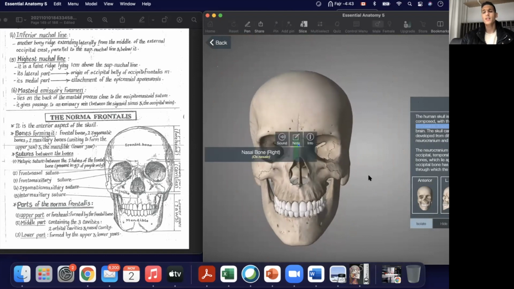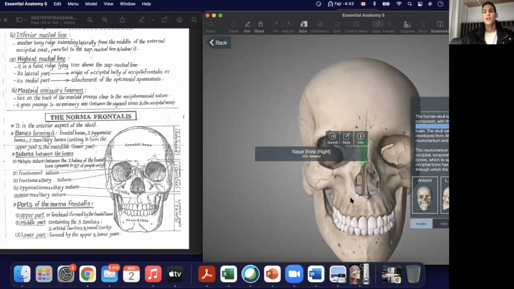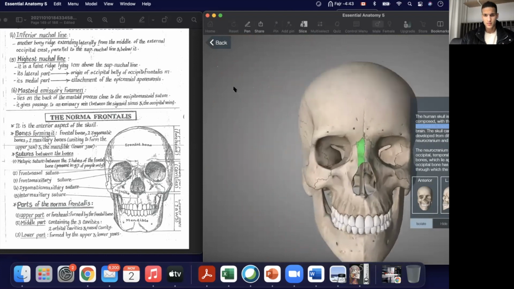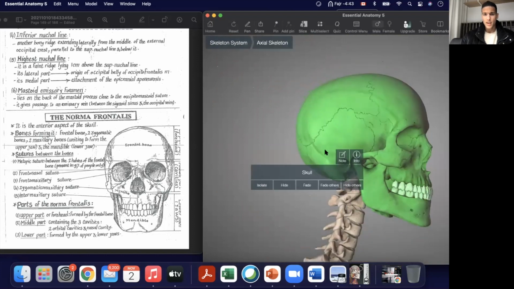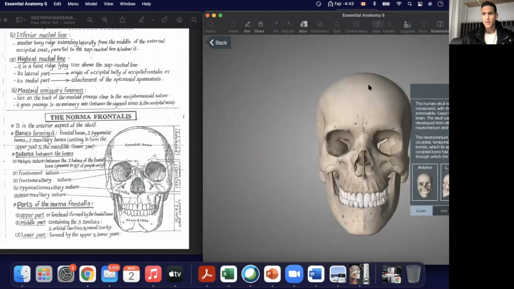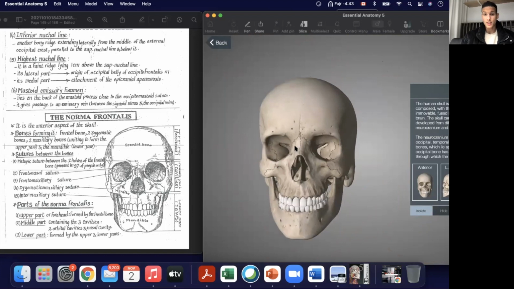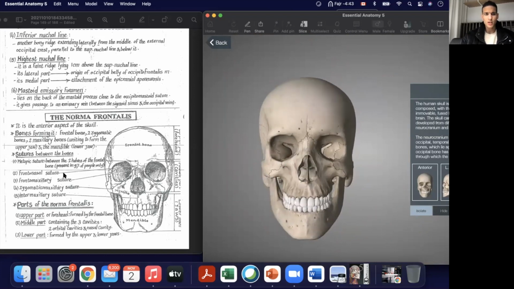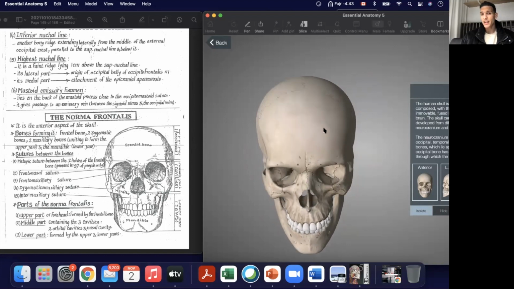And of course, sutures are everywhere within the skull. They are very easy to remember because they're named according to the bones that surround them. For example, you have the frontonasal suture, frontal bone, nasal bone. So this part right here is called the frontonasal suture. Okay, the metopic suture right here is found between the two halves of the frontal bone,